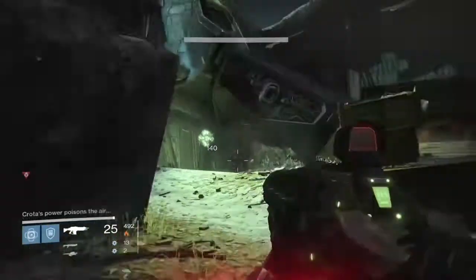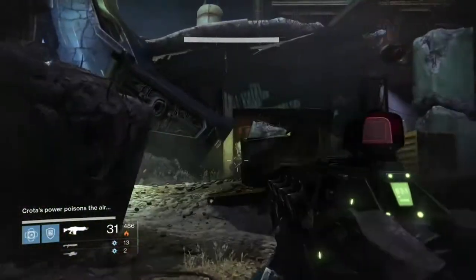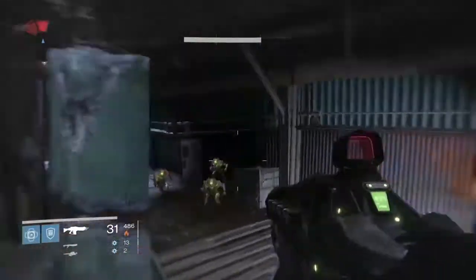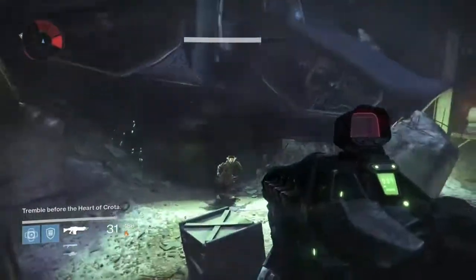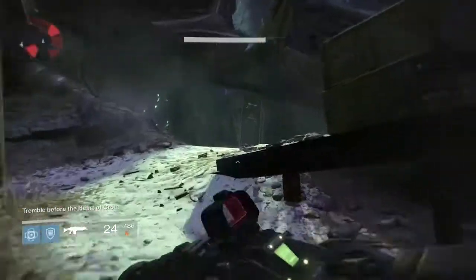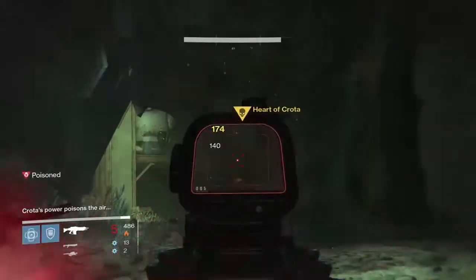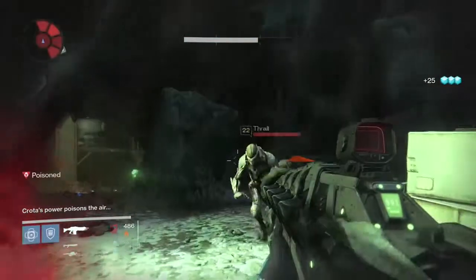I mean, there's disrupts, which you'll see here, is when they're actually getting hit by this gun, they will not move. When you're doing the Crota's End raid and you're shooting them with this gun, people can take them out really quickly. But to be honest, you're not going to need their help because of how quickly you